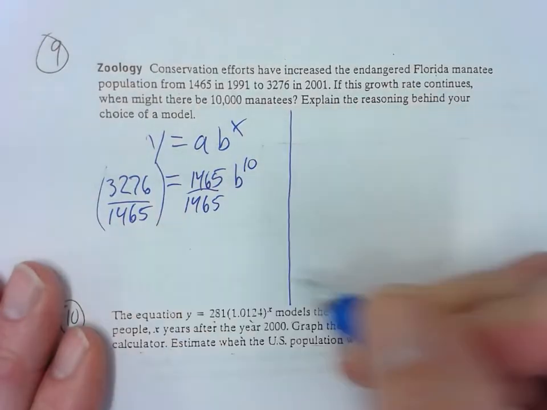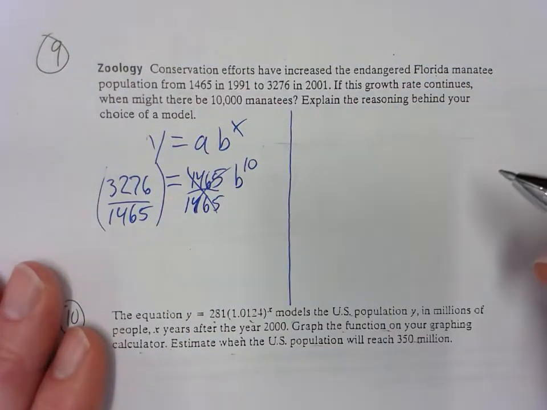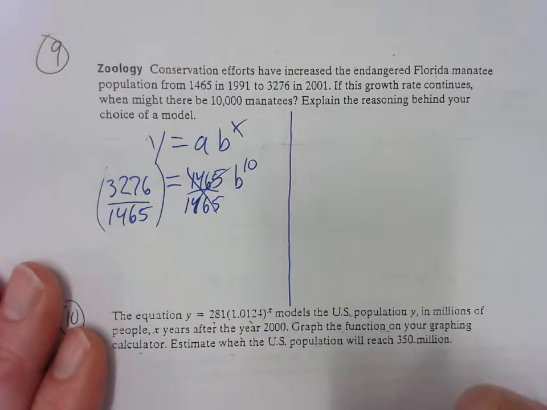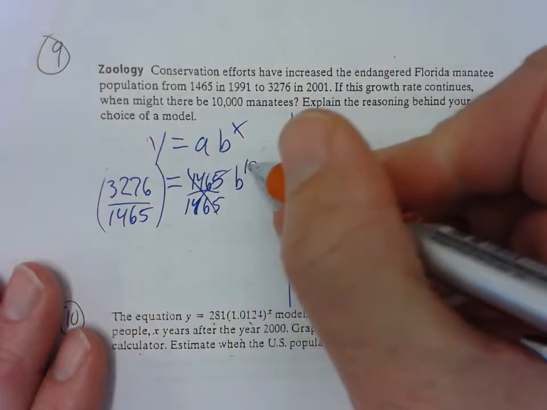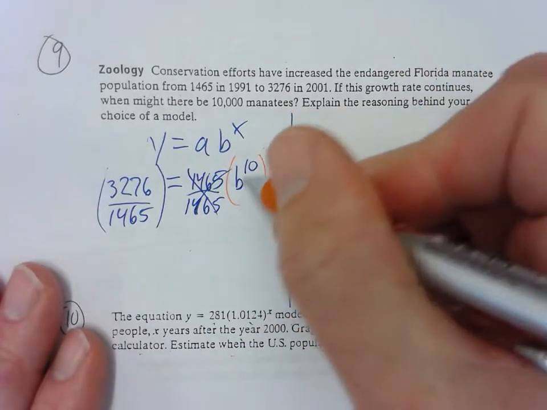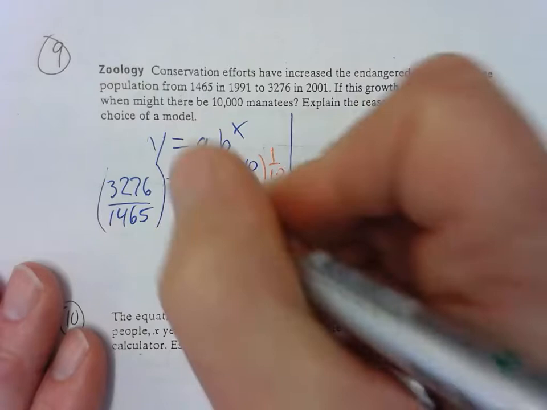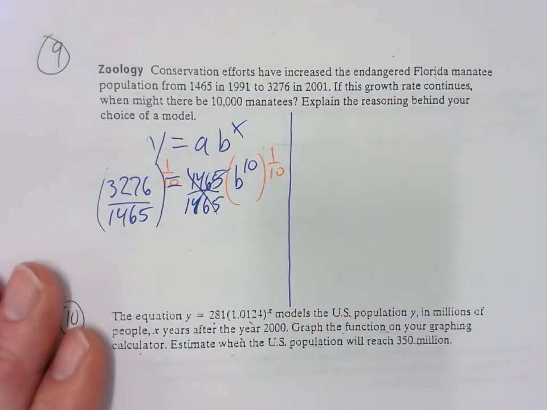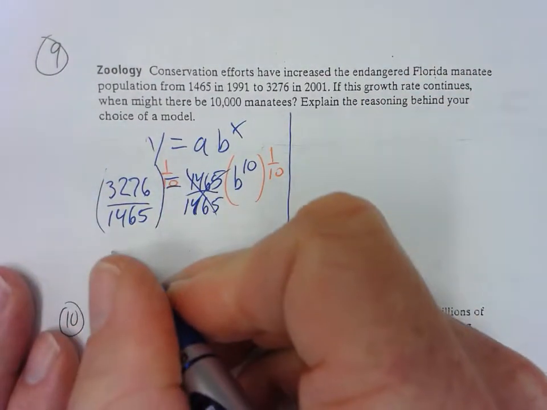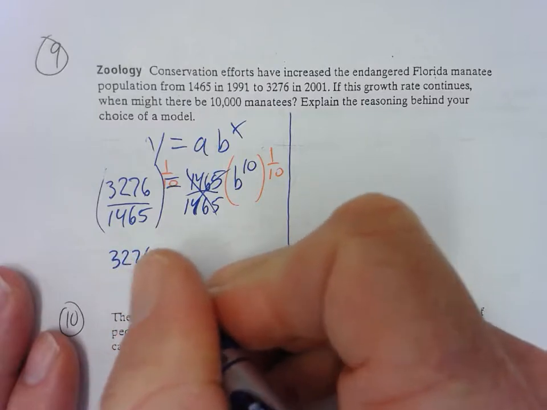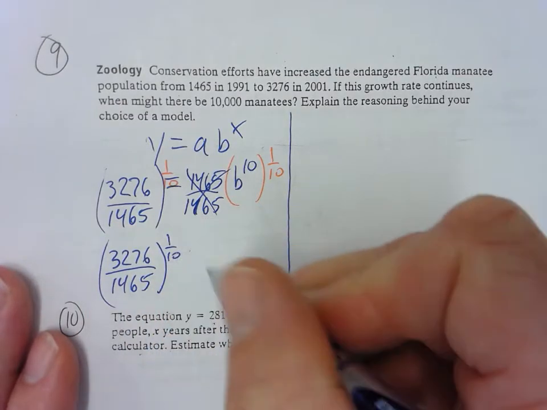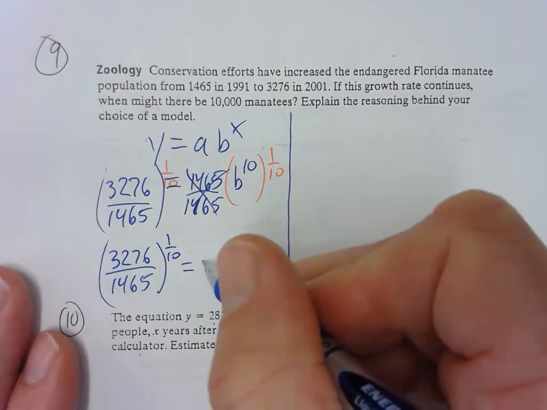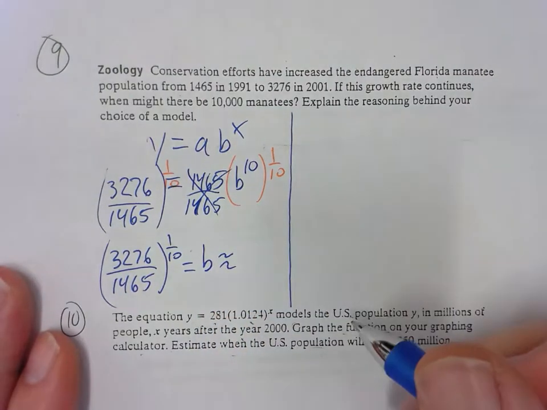And I'm going to leave that fraction because it's going to make a really awful decimal, so I'm just going to leave that. The opposite of the 10th power is the 10th root, so it's the 1/10th power. So what I have to type into the calculator is 3276 divided by 1465 to the 1/10th power, and that would be equal to b, which is approximately equal to,